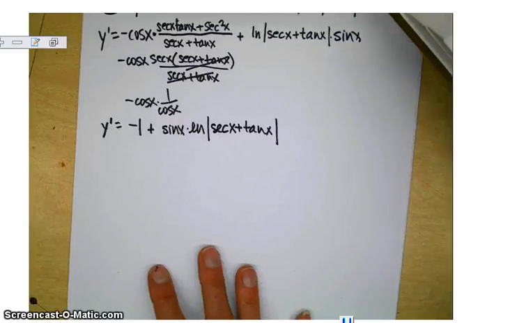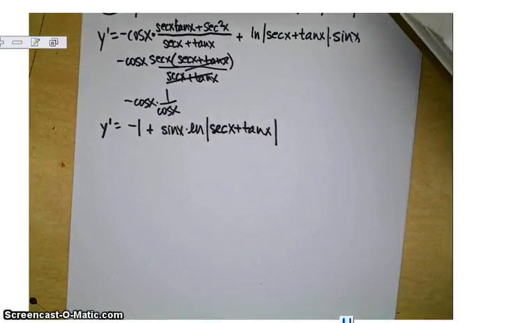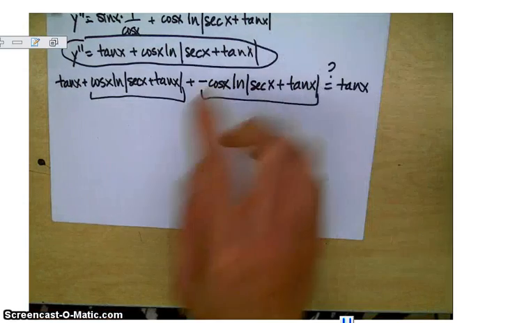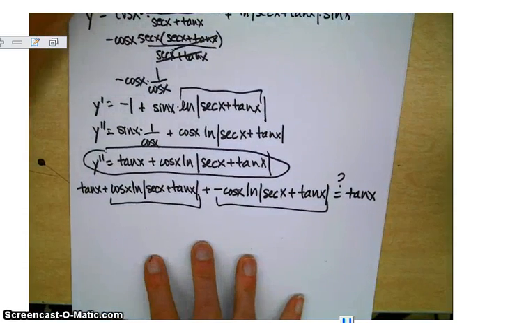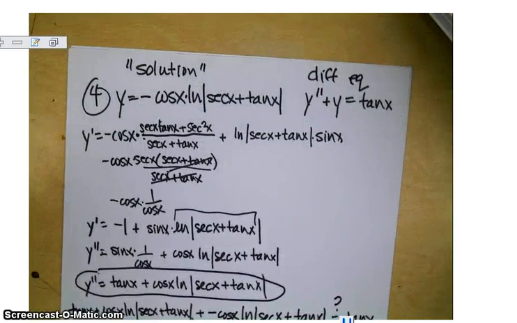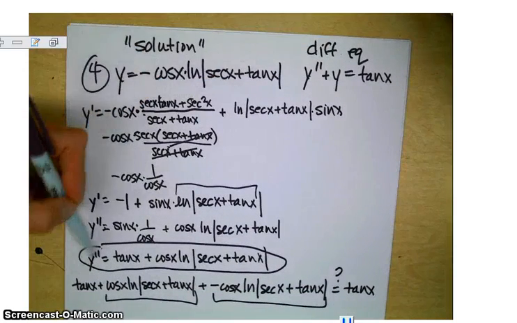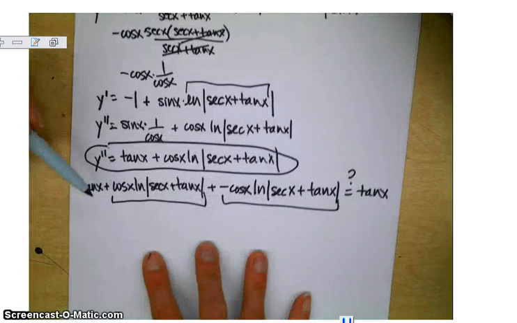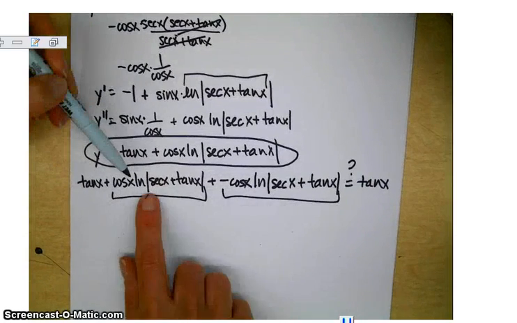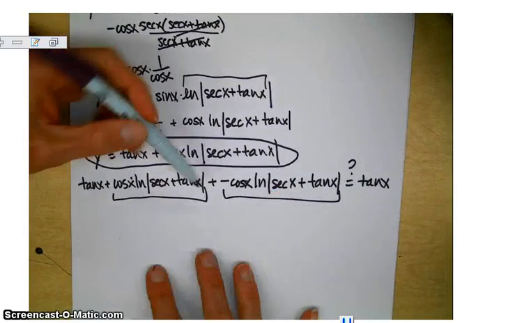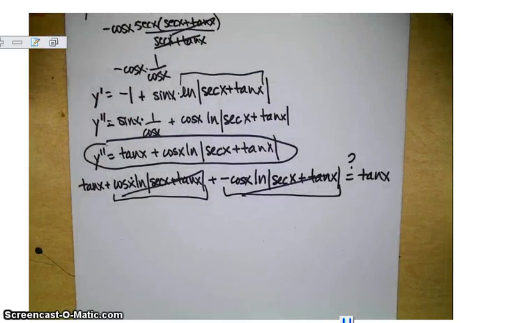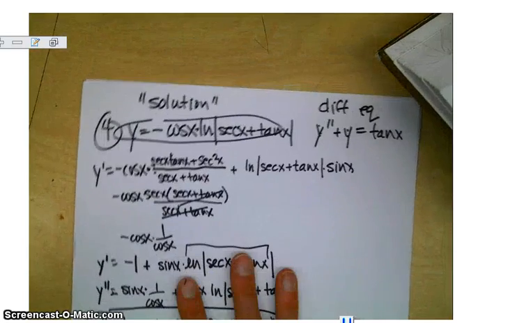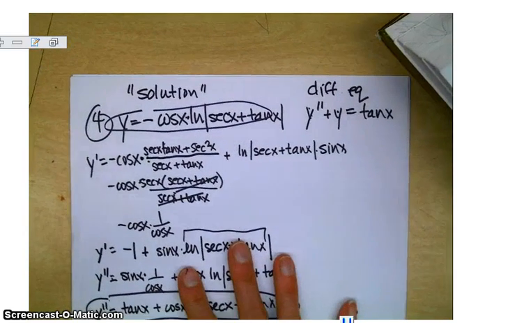Now that's only the first derivative. We still have to take another derivative. So again, we've got our first and second derivatives. We matched them up into this differential equation. We fit them in. The second derivative went here. The function went in here. And we're seeing, does that equal tangent of x? These two terms are the same but opposite signs, so they cancel. And yes, it does work out. So we can say that, and we could even go up here and, like, you know, cheat, maybe not cheat, but be lazy a little bit and say that